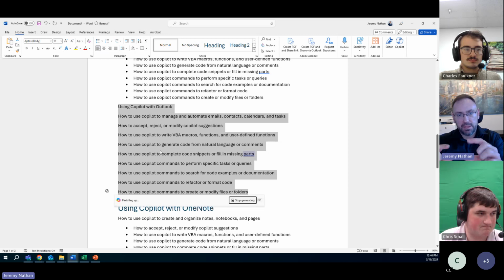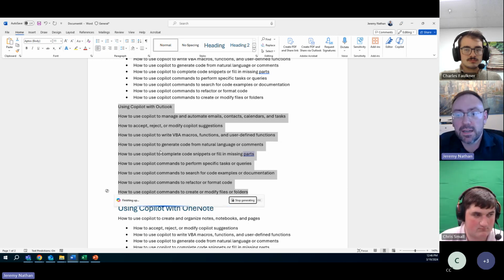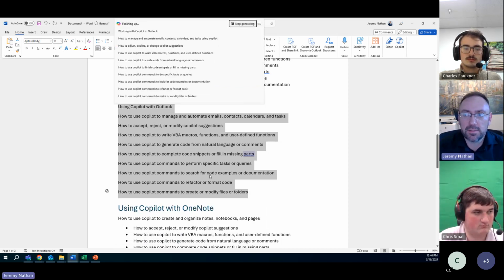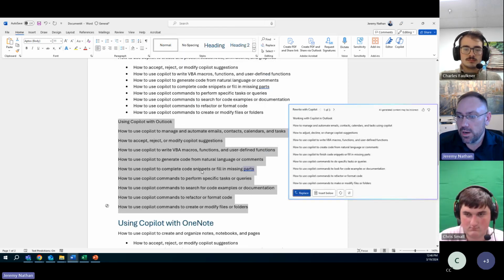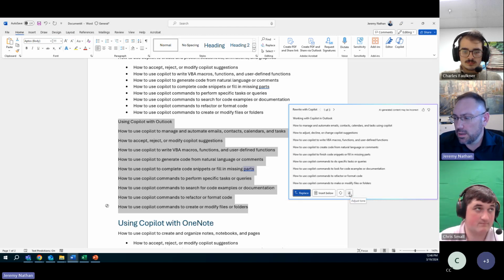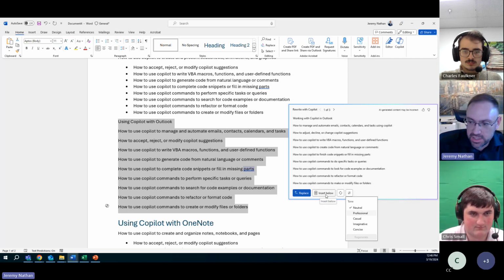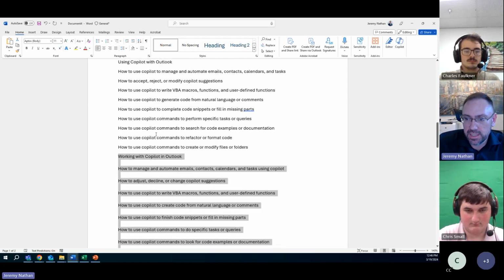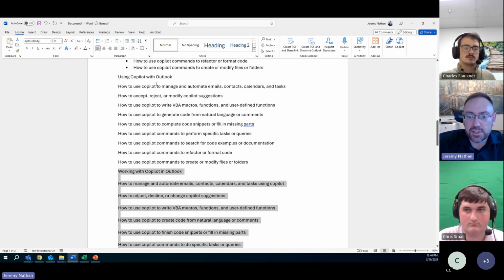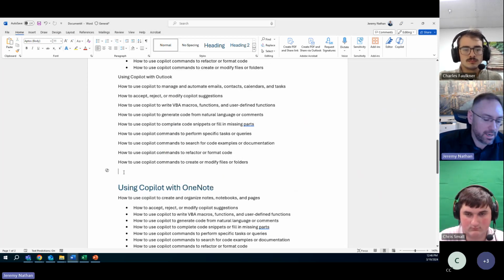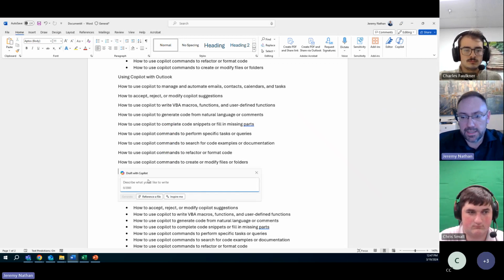It'll give me the little prompt bar at the bottom with the results, and I could say how to fix it. So right now it's rewording, and I can say insert below, or click adjust tone. Well, I'll just show you. I can insert below, where you can see the changes. You notice it kind of changed. Instead of how to use Copilot, it said how to manage. So that's okay. Watch, I can cut that, go here, do Alt-I, and I can say,